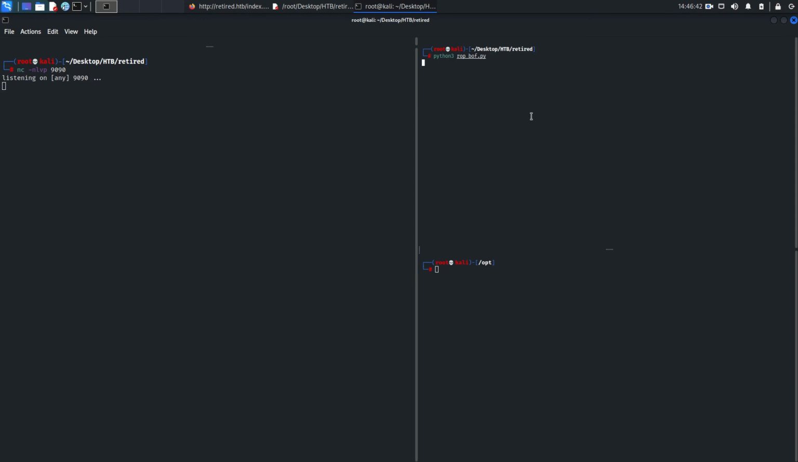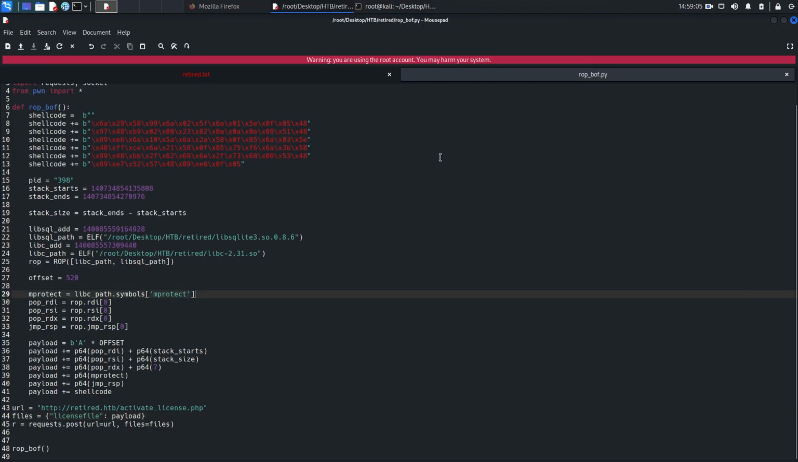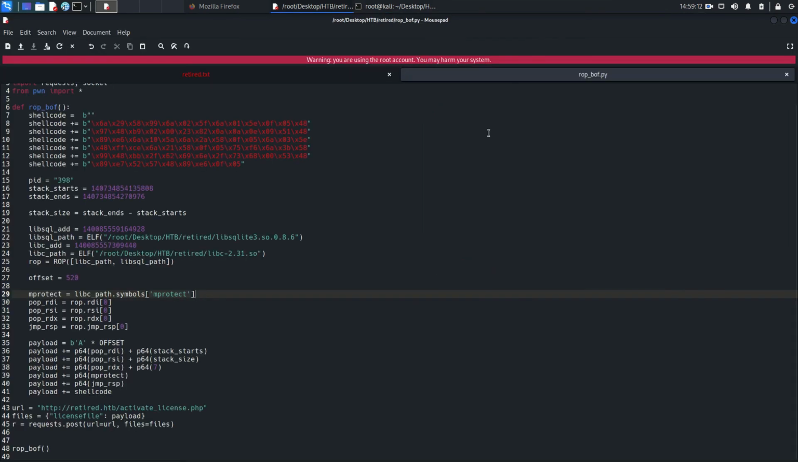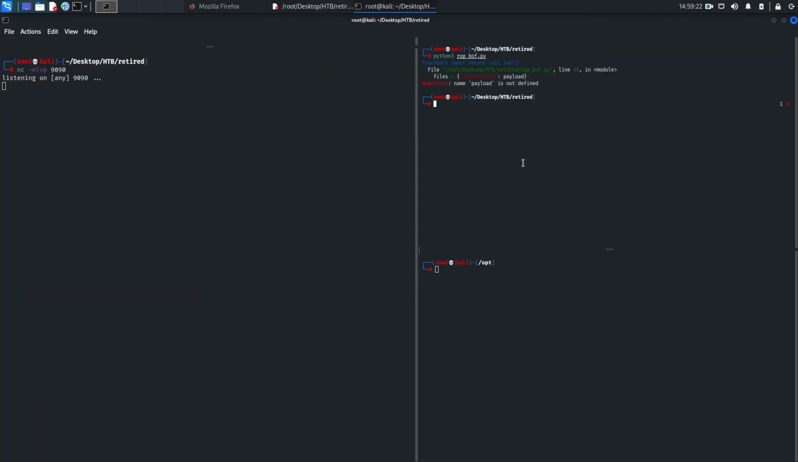So it's saying payload is not defined. Why so? The problem is it's saying NameError, payload is not defined, because here we did a blunder. It should be like this. Save it now and just try to execute that script again, and this time hopefully,